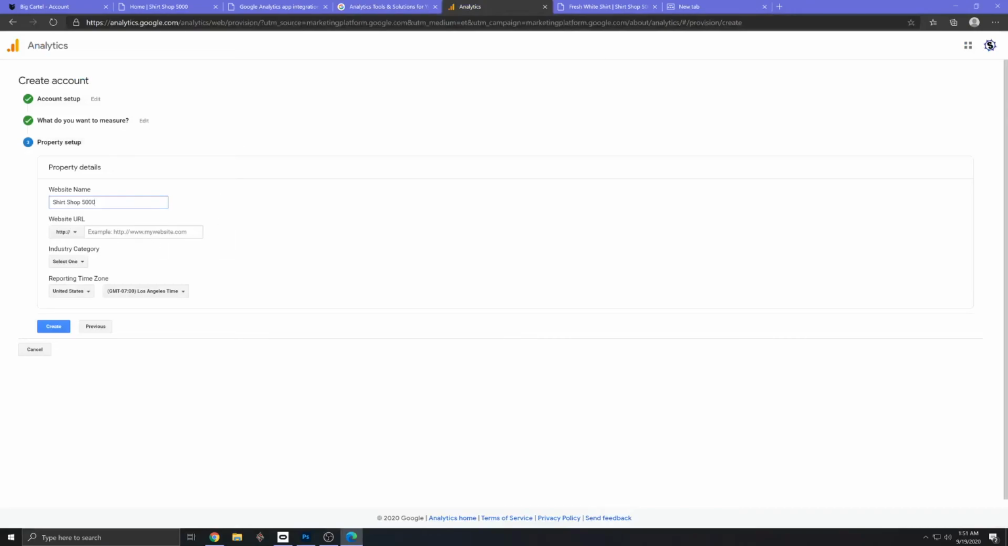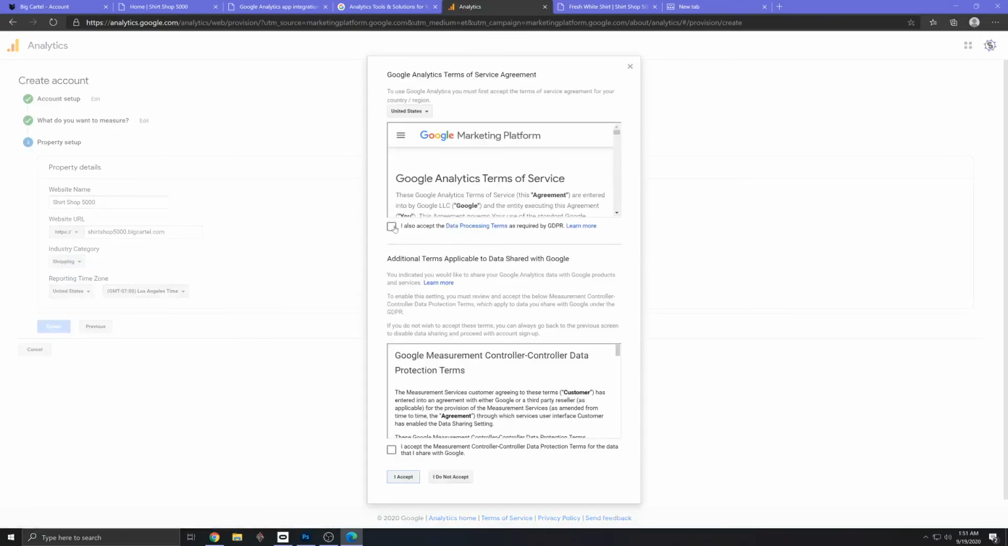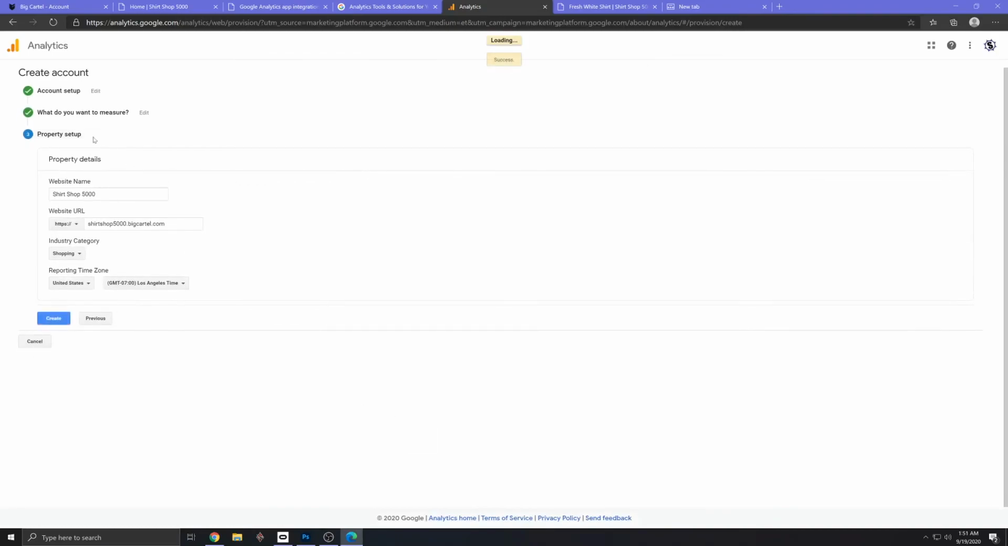That's in Google Analytics. I'm going to change the drop down to HTTPS. Then I'll paste in everything after that. And I'll do my category, which is shopping. Time is okay. Create. Select these 2 boxes. You have to agree. And then once that's finished,